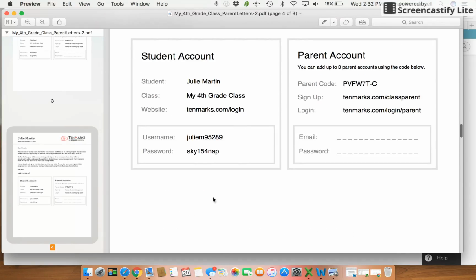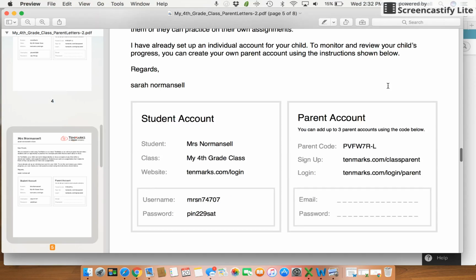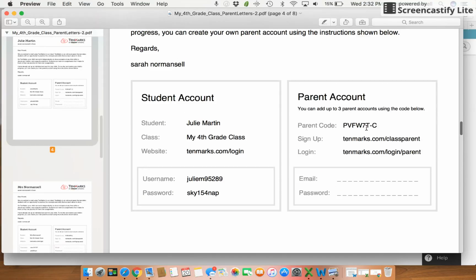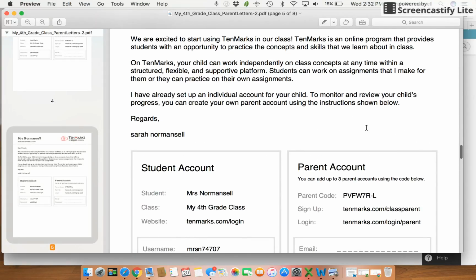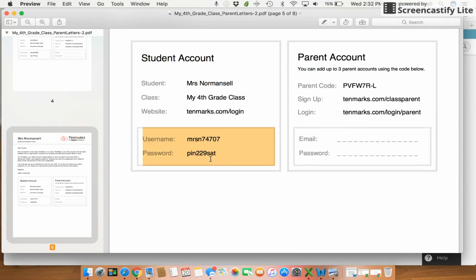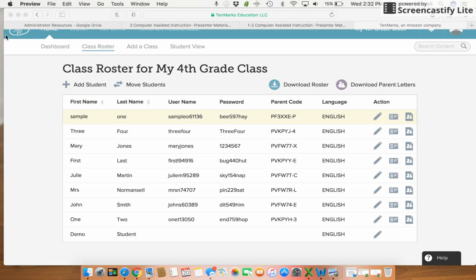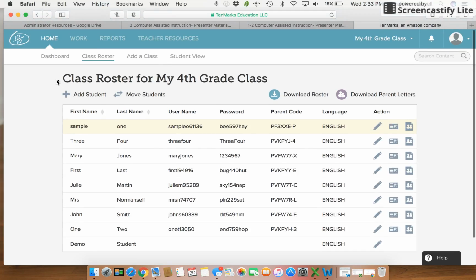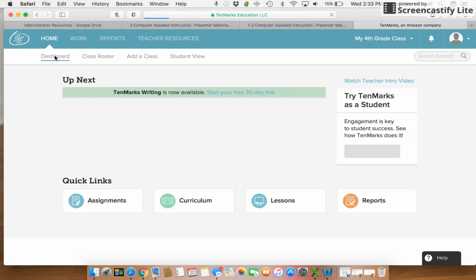They normally have, oh, here we go. There's a parent code. When parents set up an account, they add that parent code and it will connect them to the classroom. You can see everybody's parent code is different, so they can only see their child's information. It also has the student information, so if they wanted to work on an assignment from home, they can do that as well. So we'll go back to our dashboard,